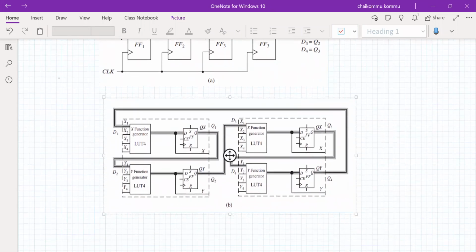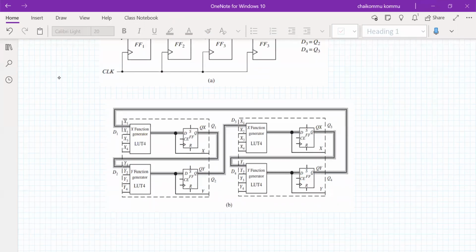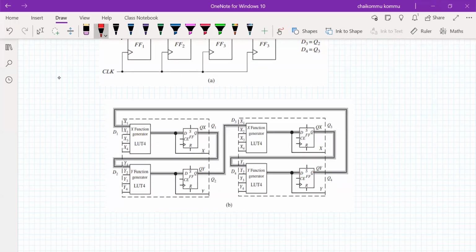What I have to do is consider x1. X1 is used for the D1. I am connecting D1 for this one, and only the output of this one is connected to the flip-flops. It has to go through the flip-flops, not directly. The output of this one is connected to the input of the next lookup table, and these two lookup tables are completed.